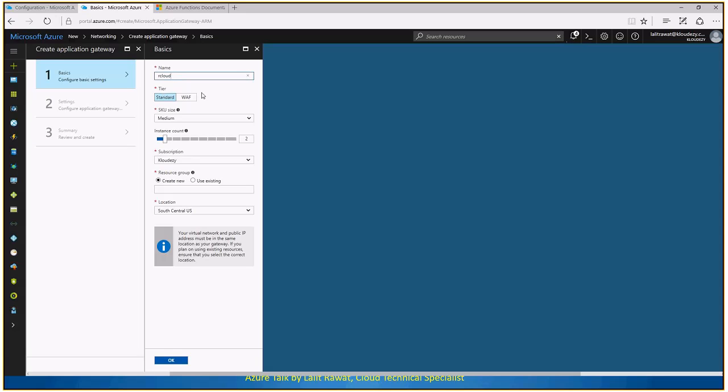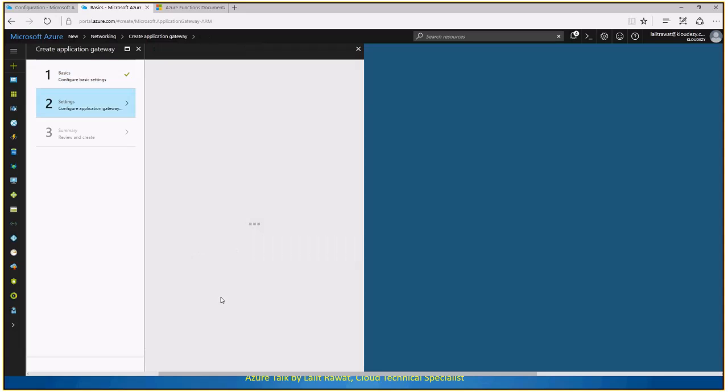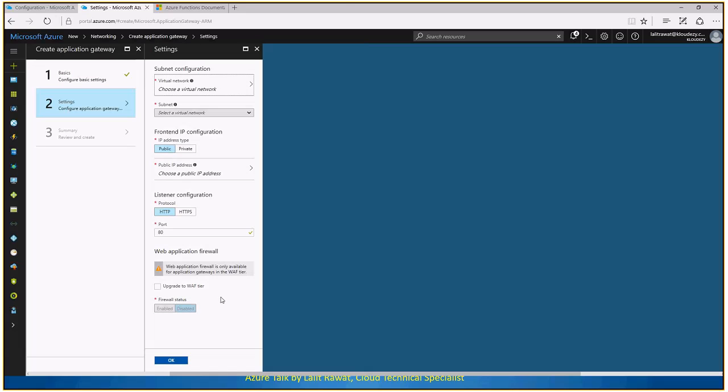So basically here you just have to choose either the standard or the web application firewall, and whatever size you need to select, how many instances would be here, and the subscription. If you go and select this and click over here, it will ask a couple more settings,